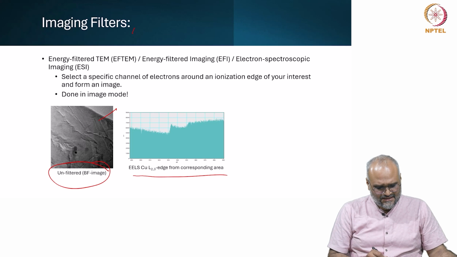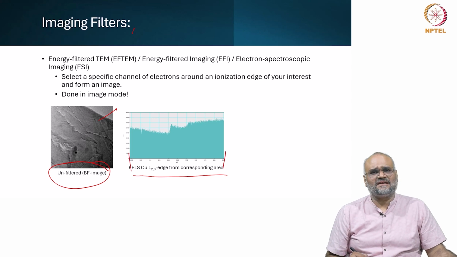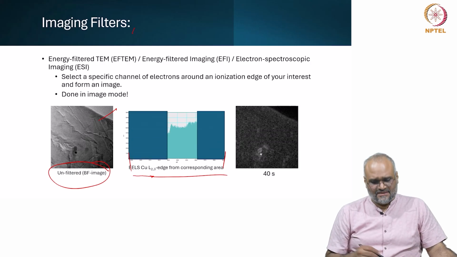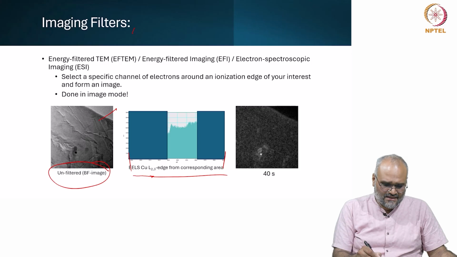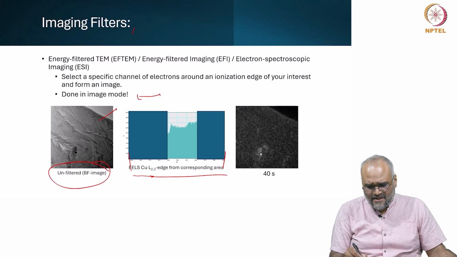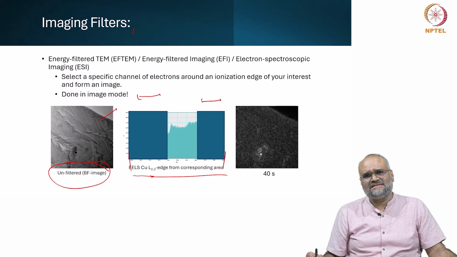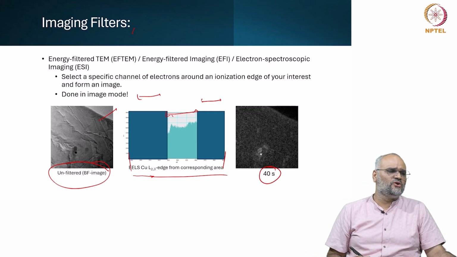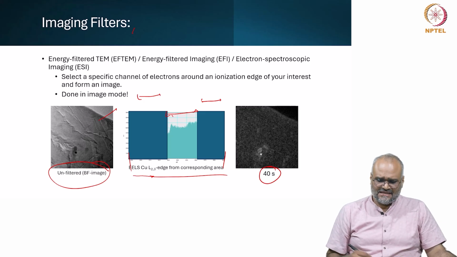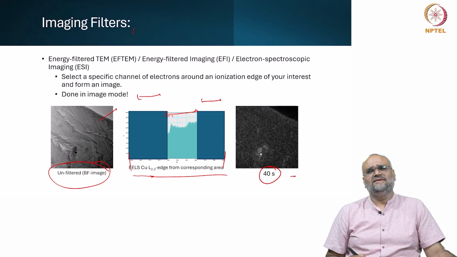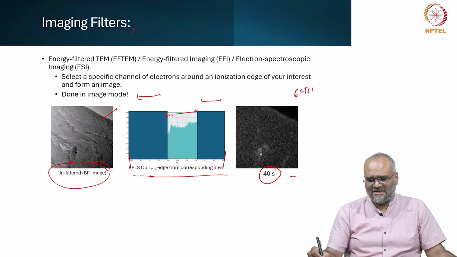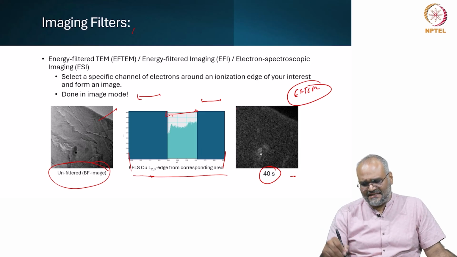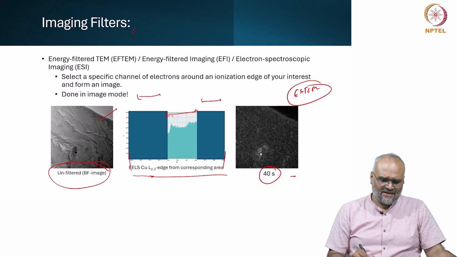If I look at the EELS energy loss spectra from the copper L23 edge, what you are doing is getting a pre-edge window and a post-edge window, and from this I am trying to collect information only within this window for a 40-second exposure. By doing this I can actually get compositional maps, which is called energy filtered TEM as well. So unlike spectral imaging, where I can get from each pixel a corresponding energy loss spectrum,